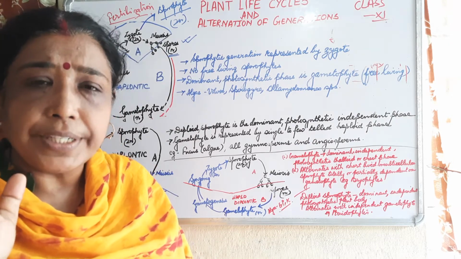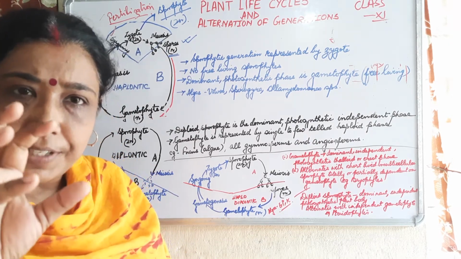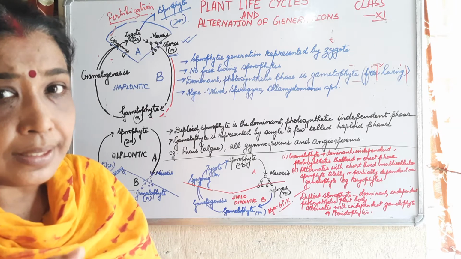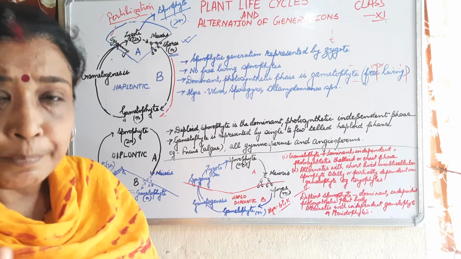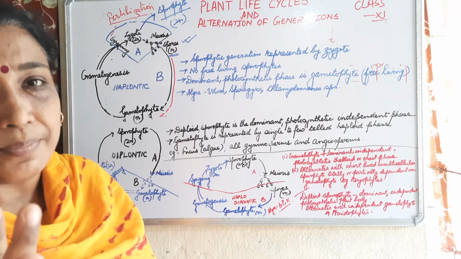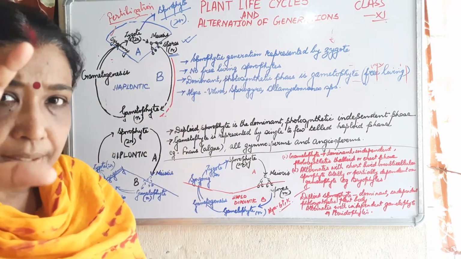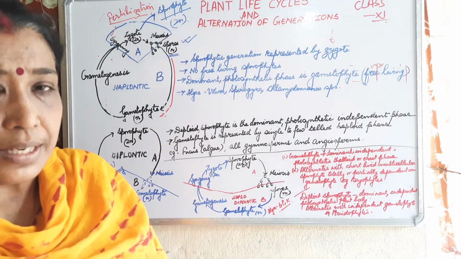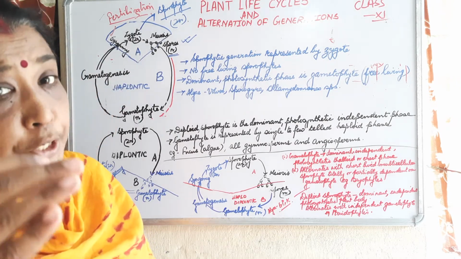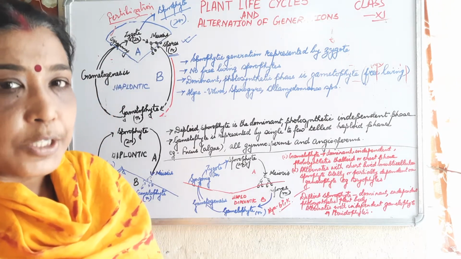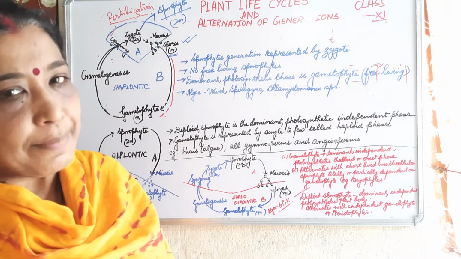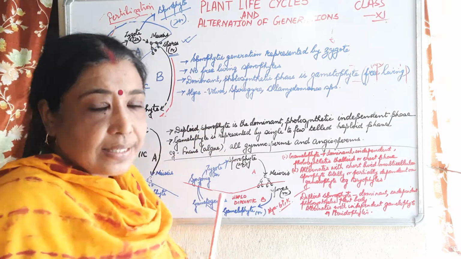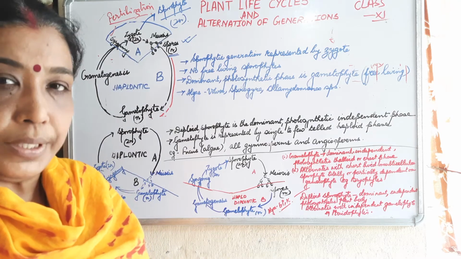Again I am repeating over here, children. The predominant phase is the gametophyte phase. They are dominant, they are photosynthetic, they are free living. The sporophytes are short lived. You can see only a little part of the life cycle is represented by it, and no free living stage of the sporophyte is found. In the predominant phase, again and again it is being said that it is the gametophyte, and gametophytes are haploid. So this is known as the haplontic life cycle.